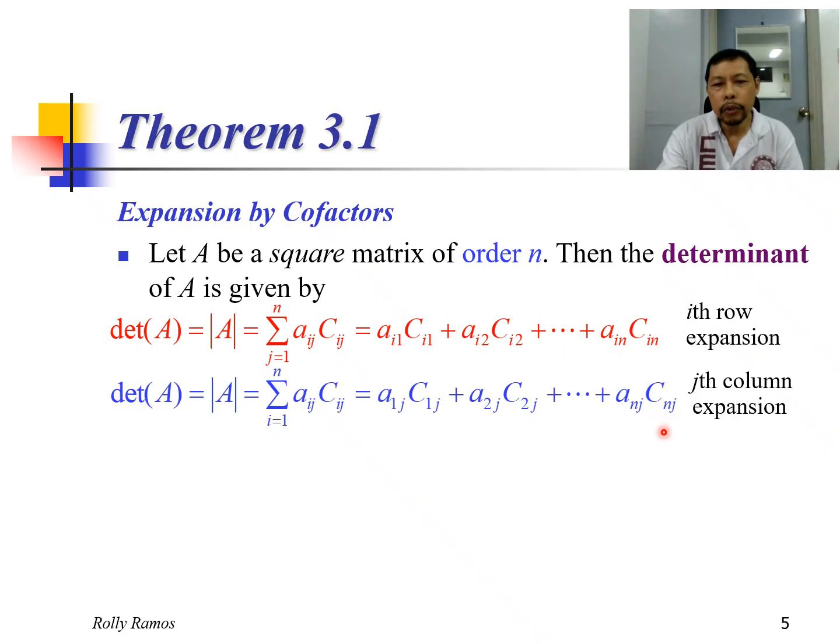So this method is used if you have a higher order determinant. For a 2 by 2, we could simply use what we have just discussed. We just multiply the elements along the main diagonal. But for a 3 by 3 or 4 by 4 or higher order determinants, we could not simply do that. So we have to use the cofactor expansion method.